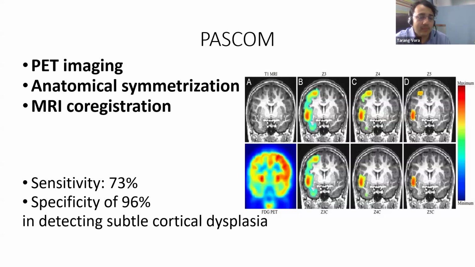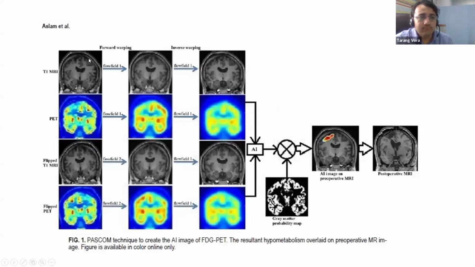This is in case of a focal epilepsy. If it's a diffuse one, then of course PASCOM is going to misguide you. But if you're looking for a focal epilepsy and you know where it is starting from, and the hypometabolism correlates to that area, it gives us, as surgeons, a better judgment as to where we are supposed to look. Of course, the hypometabolism will always have spread along the area where the seizure is passing, but this is an overall view of what they are doing at Amrita, and we are also doing it over here.